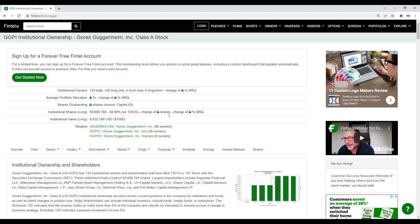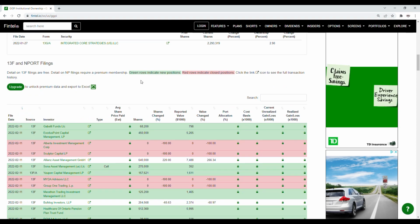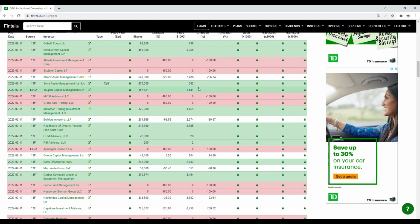So we're going to take a look at the recent institutional ownership and short interest information for GGPI. As we scroll down further on the page, green rows indicate new positions while red rows indicate closed positions. So we're going to be taking a look at the most notable filings here. We see we have Gabelli Funds LLC that purchased 68,200 shares, and we also have Exodus Point Capital Management that purchased 450,000 shares. We also have Sana Asset Management that went in with calls with a value of 270,000 shares,